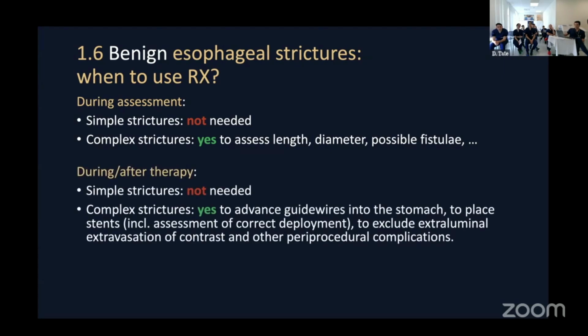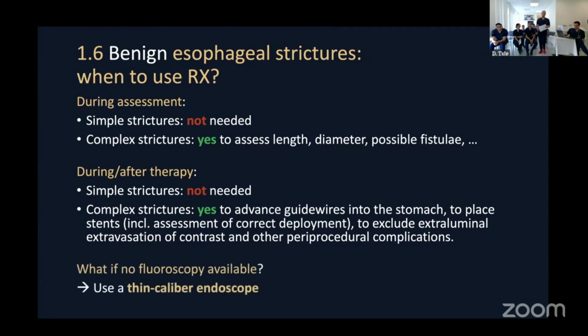During or after therapy, for simple strictures, in general, it's not needed. For complex strictures, it's also good to have to advance guide wires, to place stents, to make sure that you haven't caused a tear or anything. What if you don't have it? You can use a thin caliber endoscope,